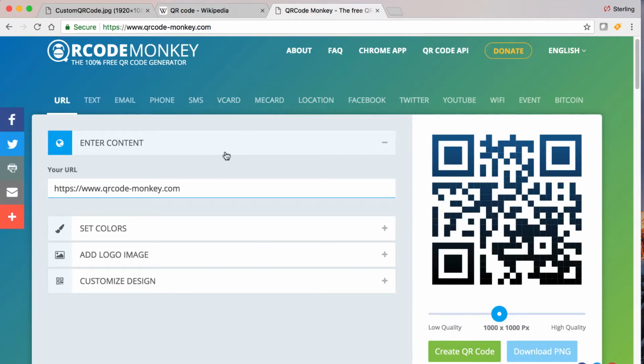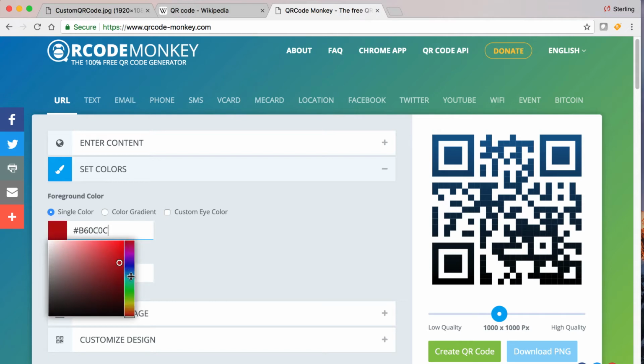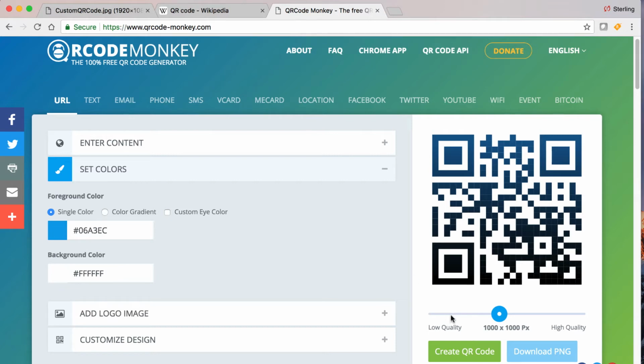The way this website works is you enter in your content here. For example, if I wanted somebody to go to my website, I could type in www.sterlingteaches.com, and then I can choose specific colors. Maybe I have a favorite color that I like to use. I can simply come in here and choose the color that I want to put in. And then all I have to do is come over here, click on Create QR Code,